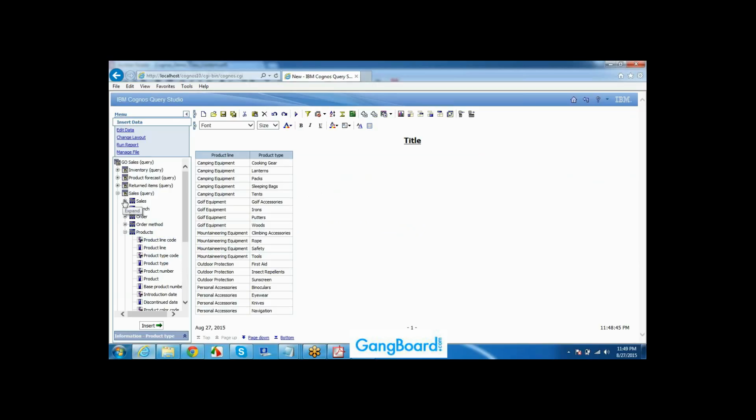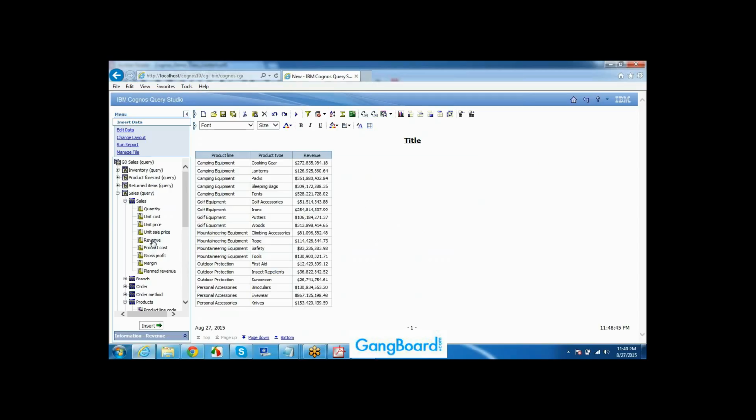Don't get confused, don't get worried. I will go through each and every component one by one. In this demo session itself, I just want to introduce the entire tool to you. What is Query Studio? What is Connection Page? What is Report Studio? What is Analysis Studio? I wanted to give a quick overview. Whether you are able to work with this Cognos or not, I'll make you comfortable with it.